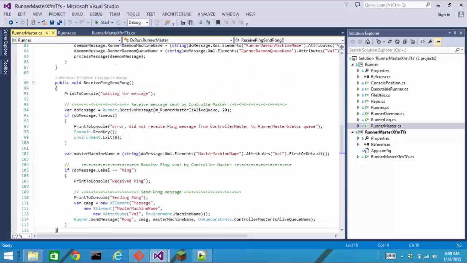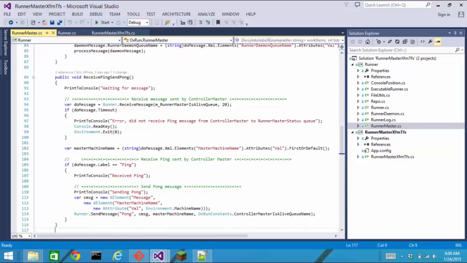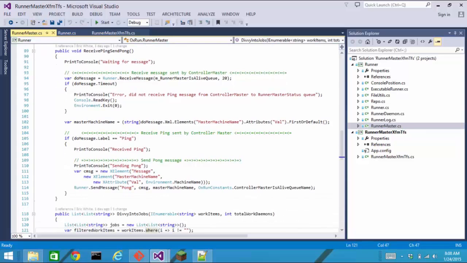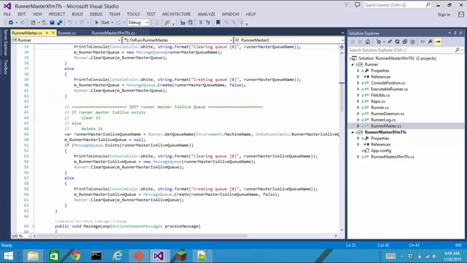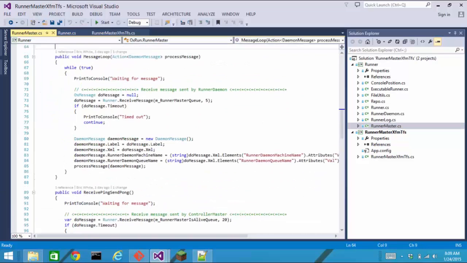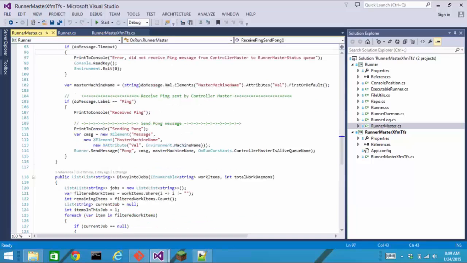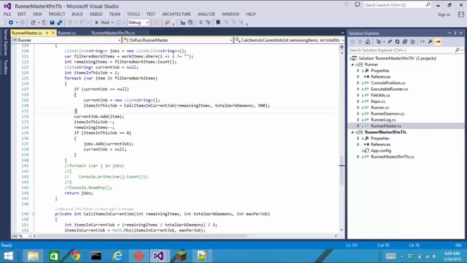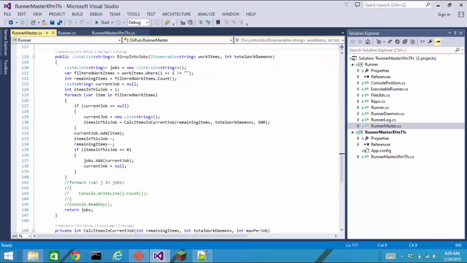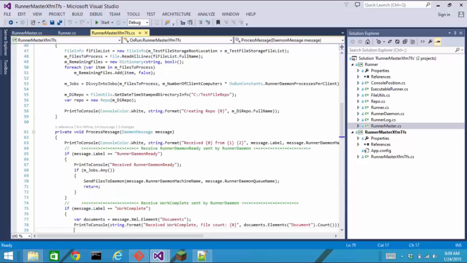Here's the receive ping send pong message, and this receives on the runner master isAlive queue up here, and it sends it on the controller master isAlive queue down here. So we've talked about this, we've talked about the message loop, we've talked about receive ping, receive pongs. One of the things here is we have this Divvy into jobs method, and if we go back up here